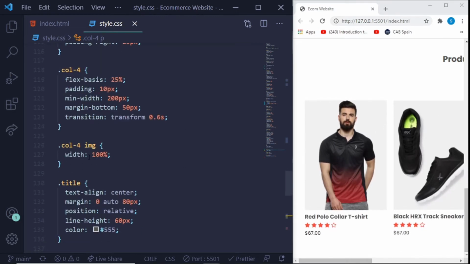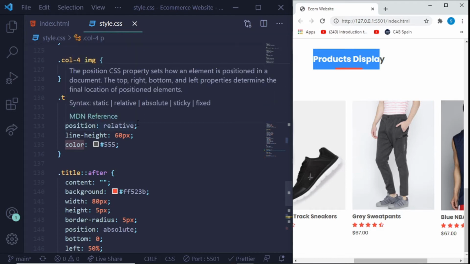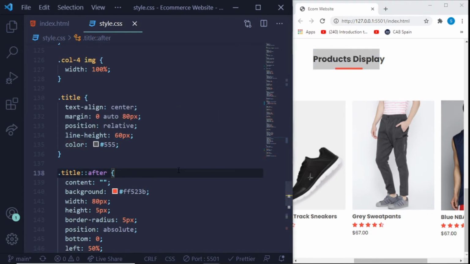Then for the images, we gave them a width of 100%. I hope you notice for all the images, we give them a width of 100% because they're all in a container. We want them to fully take the container's width. Now for the title, which is this right here, product display, we give it a text-align of center. We give it a margin of 0 auto 80 pixels. And then we give it a position of relative, then a line height of 60 pixels, and a color of